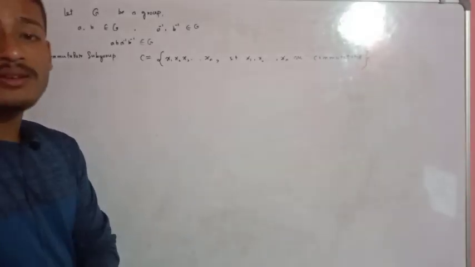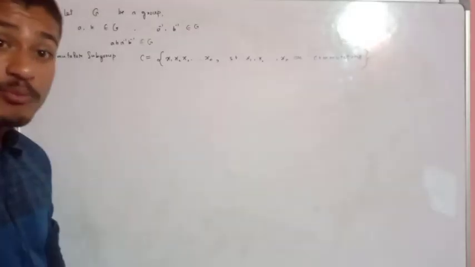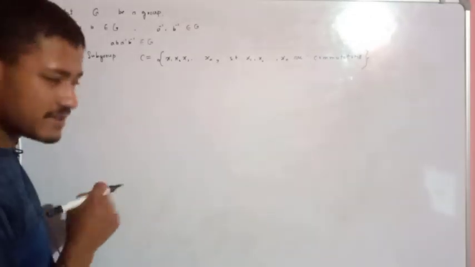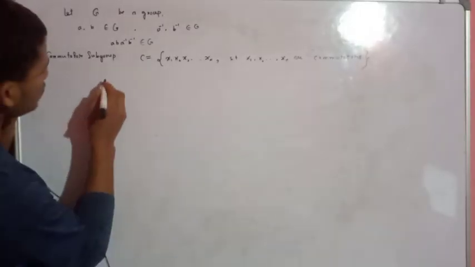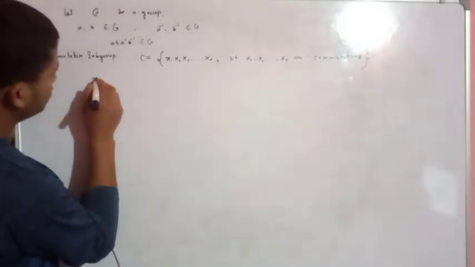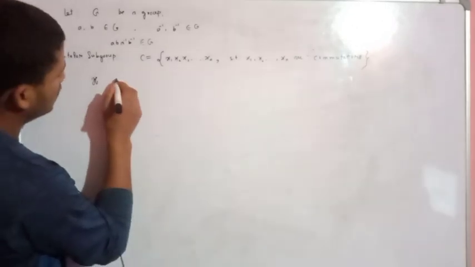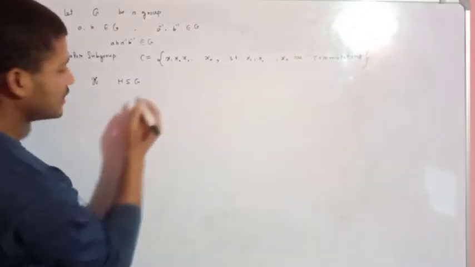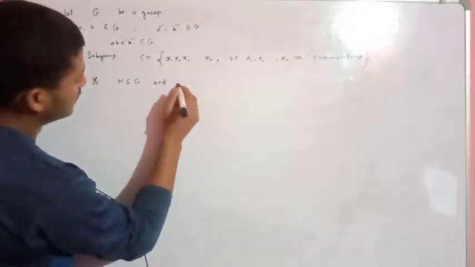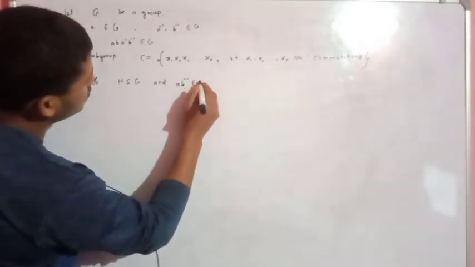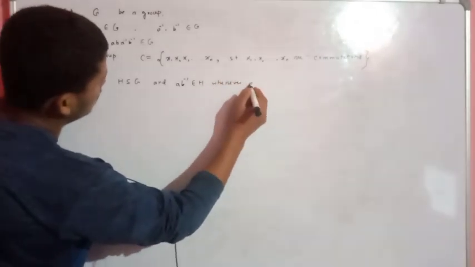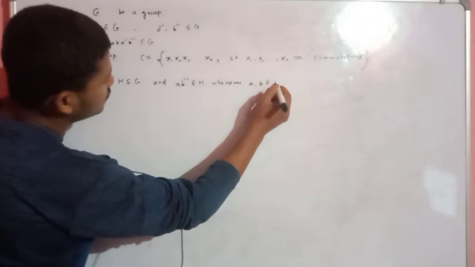What does the one-step subgroup test say? The one-step subgroup test states that if S is a subset of G and A B inverse belongs to S whenever A, B belong to S,